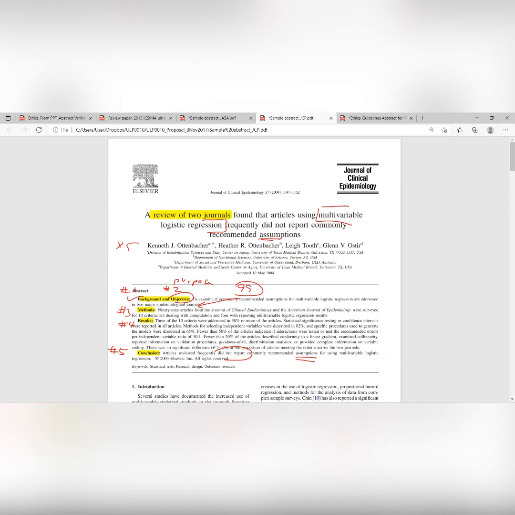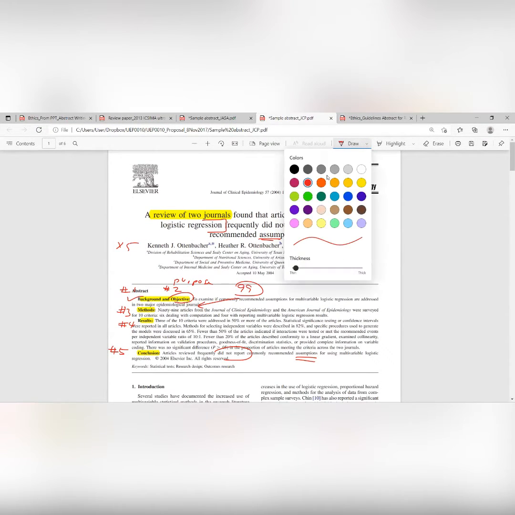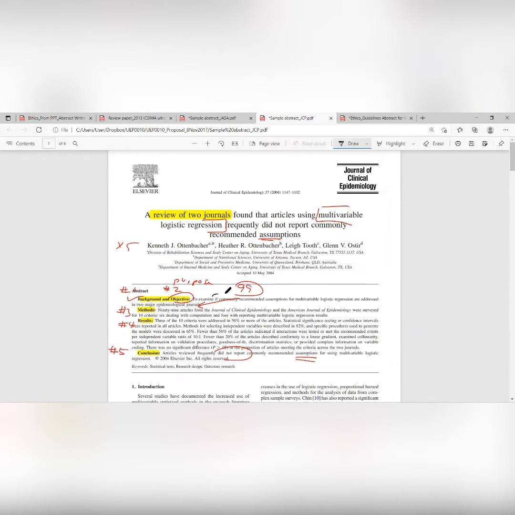Did not report. Now that's what they conclude. So when we take a look at the conclusion, we want to see whether they answer the purpose. So here, if you take a look at the purpose, they want to know if commonly recommended assumptions for multivariable logistic regressions are addressed in two major